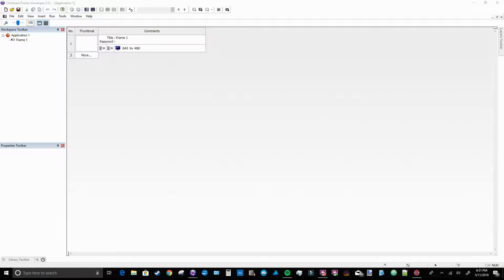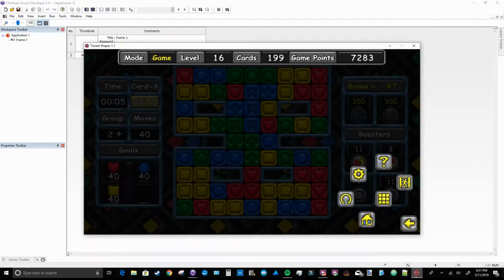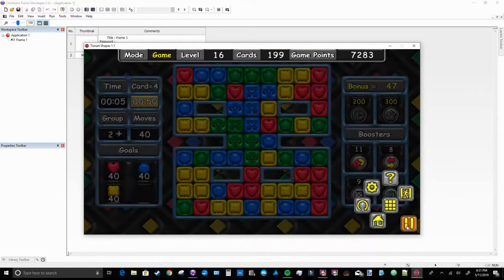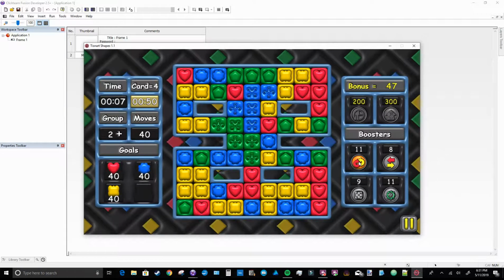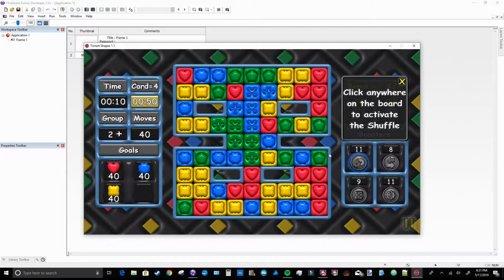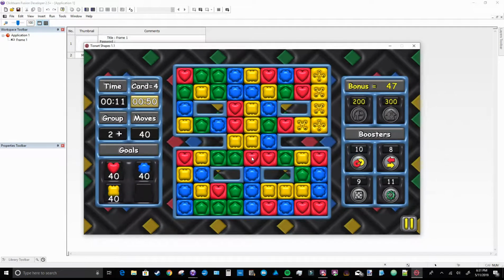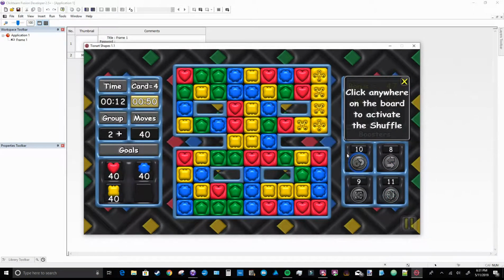In this video, I want to show you how I would shuffle objects around. To give you a better understanding of what I mean by that, I've loaded up one of my old games here, Tisnart Shapes, and in this game, I have a booster, and it's called the Shuffle Booster. What happens is when you click on this, and then click anywhere on the board, it shuffles all the blocks around. One more time,